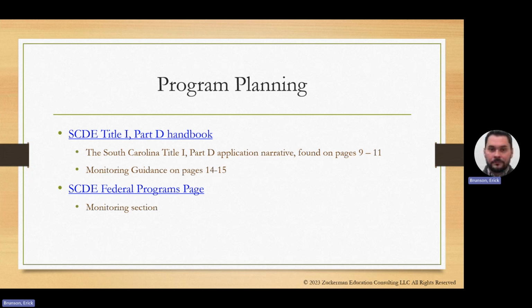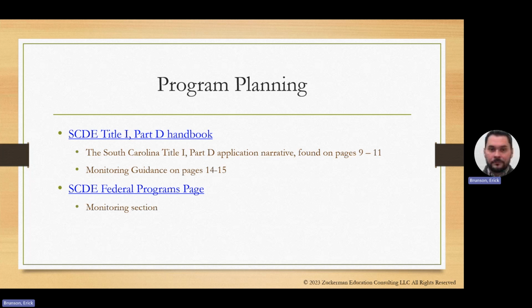If you have an application, the checklist might be the place that you start, but these two obviously go together. And so as you complete a piece, you'll see there are the same types of questions over in the checklist. And so you can use this to check how you're doing. And again, it's the subpart 1 application narrative. It has questions and subparts, followed directly starting on page 10 here with the subpart 2 application narrative. And you can go through and again, answer these questions, describe it, and follow that same procedure.